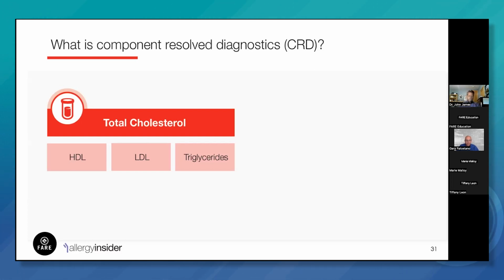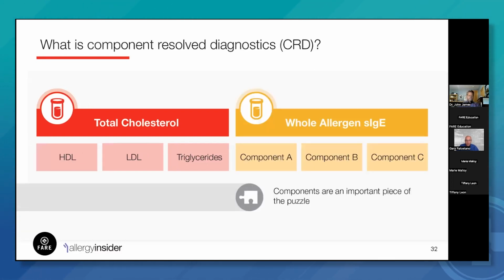And we even have additional testing now, past those. It's the same thing when we're talking about whole allergens, and whether those whole allergens are assessed by skin testing or blood testing. They give us a big, broad picture of potential sensitizations and potential allergy, depending on symptoms. Components can give us a little bit deeper dive and really help to complete this diagnostic puzzle that we're trying to figure out whether someone is truly allergic or not, or they just have an elevated result that may or